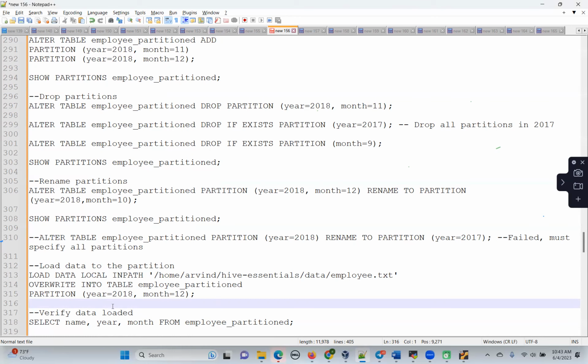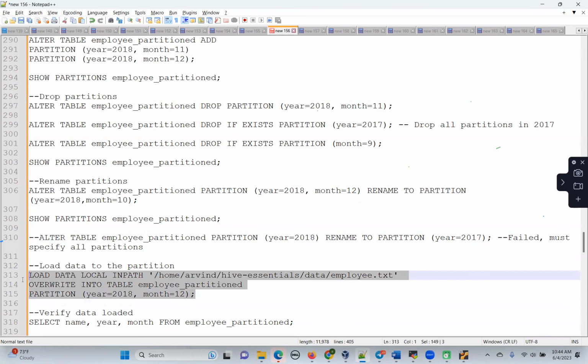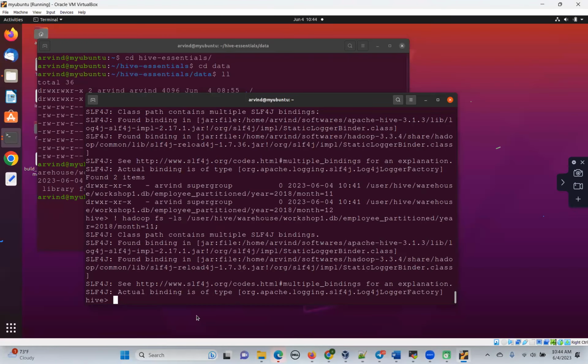Okay, so here you are loading data local inpath and you are giving the file. So this entire file will go to one partition. Suppose you have another file which has different data. You will load it into a different partition, right? If you are not using the overwrite keyword here, and you use the same partition, what will happen? Your partition data will keep appending. So when you want to use the same partition and write again, you should use the overwrite keyword. So when I run this load data local path command,